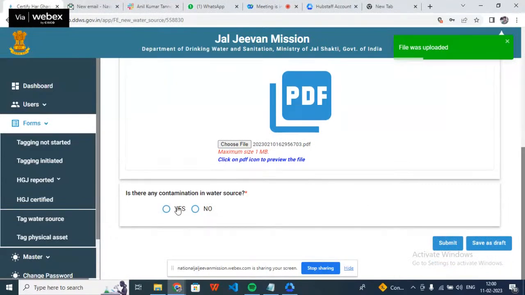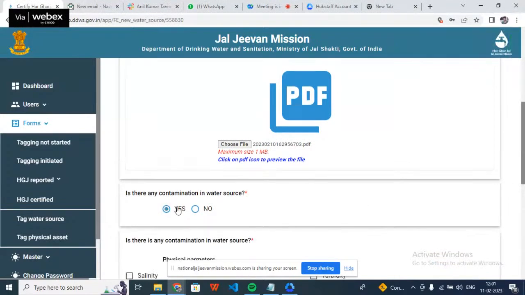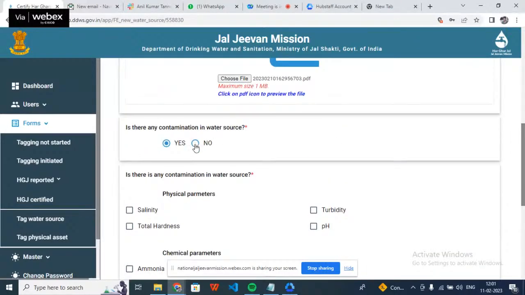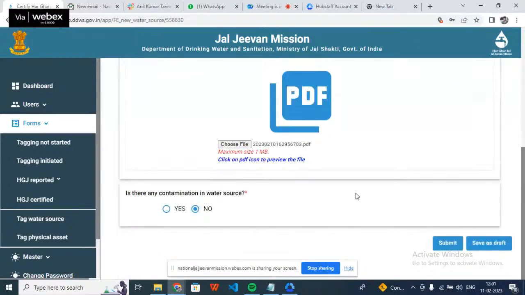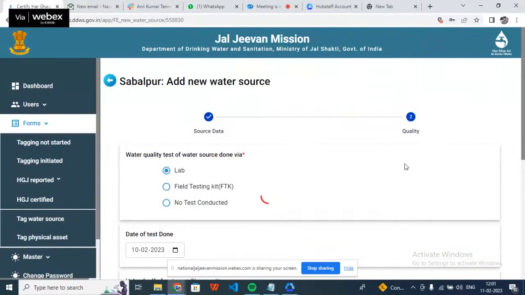Okay. Now contamination. Say yes. Say no. Say no. Okay. Say no. And you move further. Yeah, and submit. Submit. Okay, it is submitted. So as you can see, the process for water source, asset tagging, everything that is available